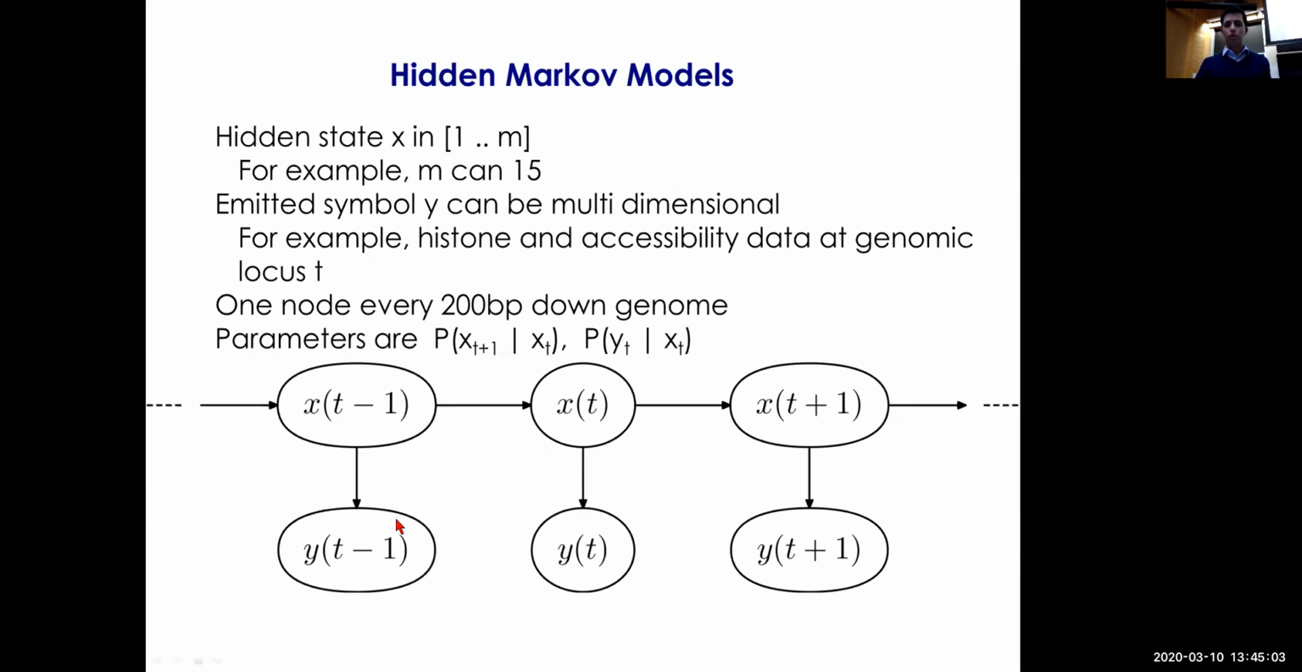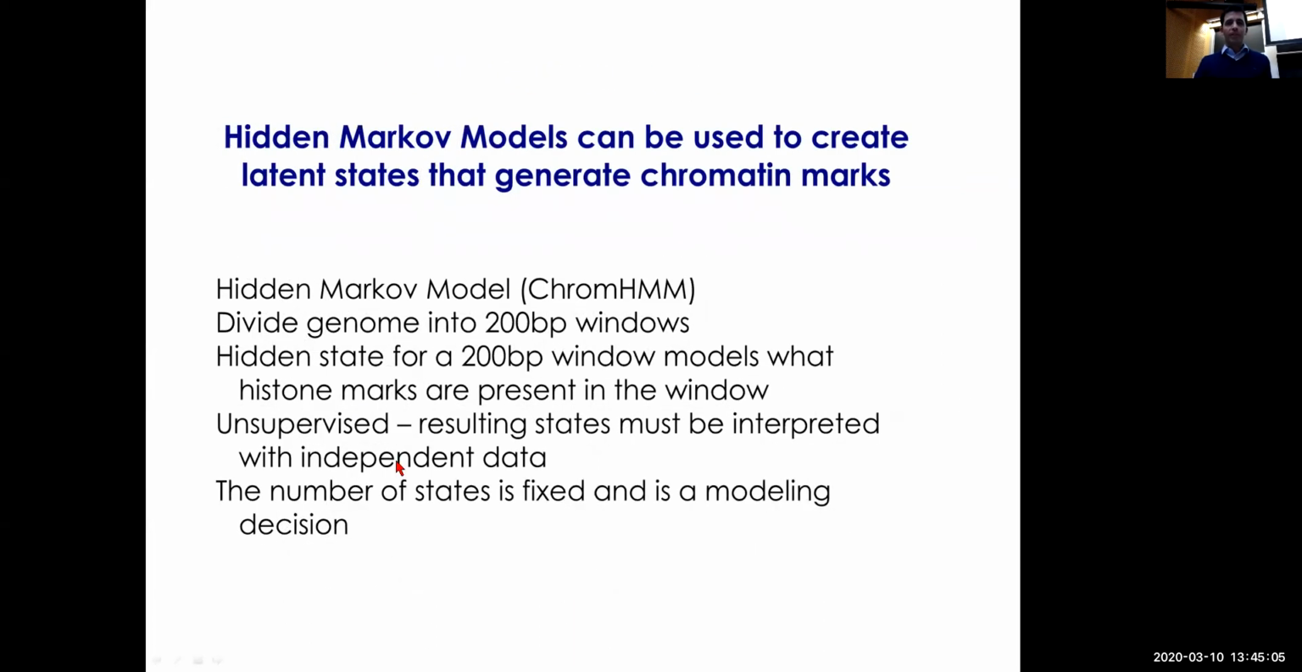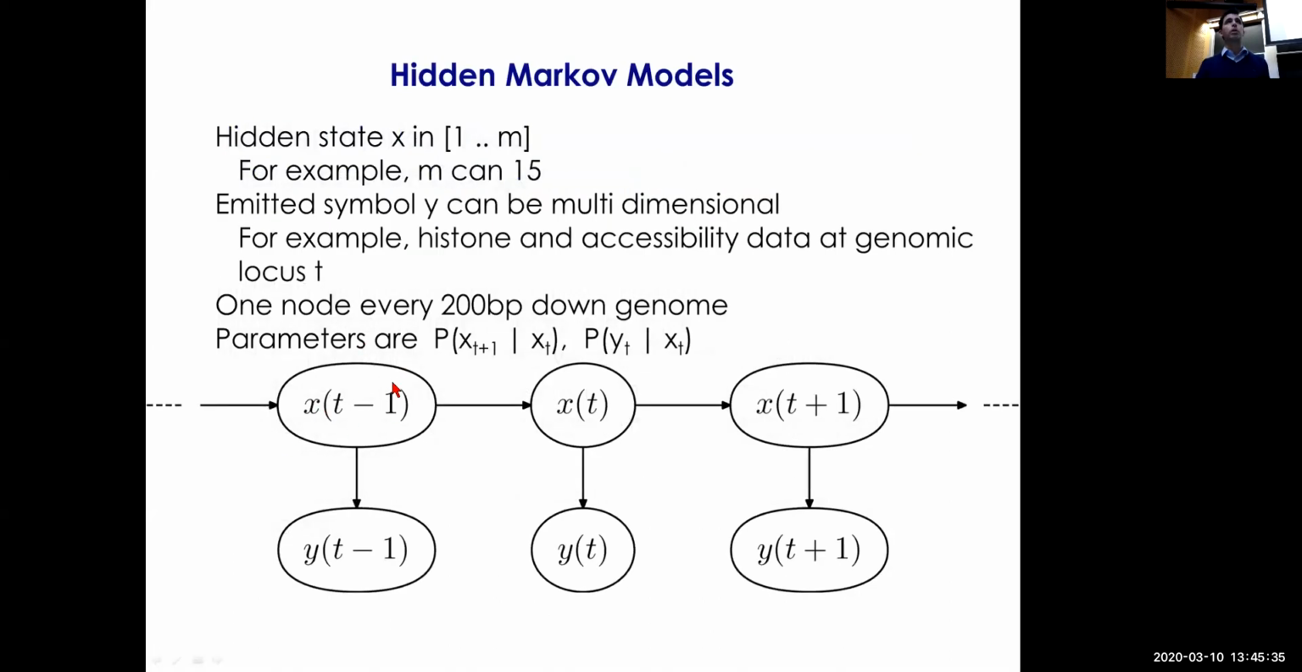All right. So one very popular implementation of such a hidden Markov model is ChromHMM. This was developed by Jason Ernst, who was a postdoc in my lab. And our idea was to divide the genome into 200 base pair windows and then have a hidden state for every 200 base pair window, which then models which histone marks are actually present in that window. Okay? So we just developed a vanilla HMM, which sought to model the epigenome and the complexity of these